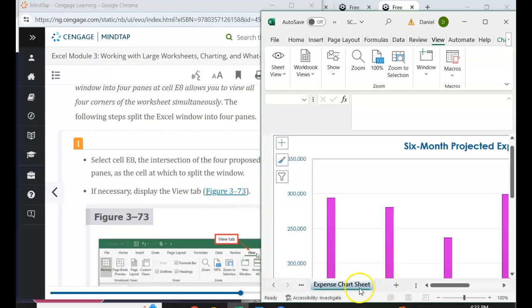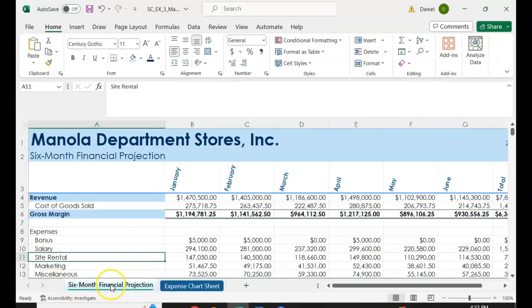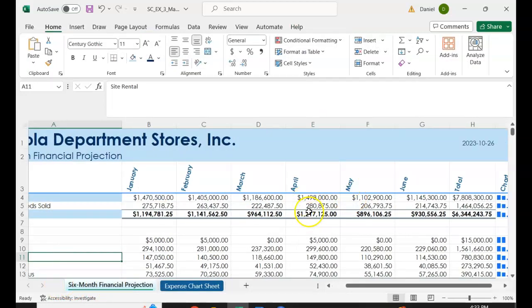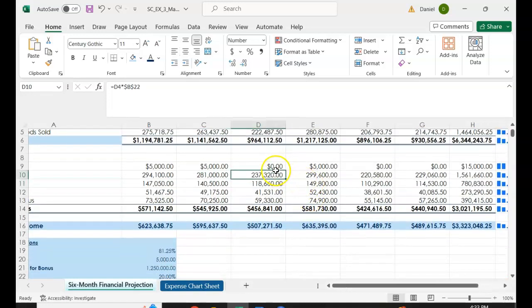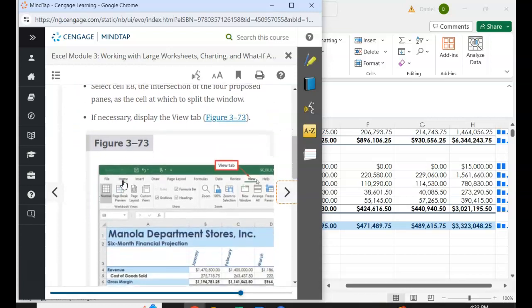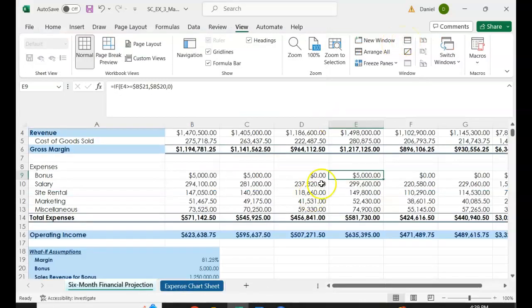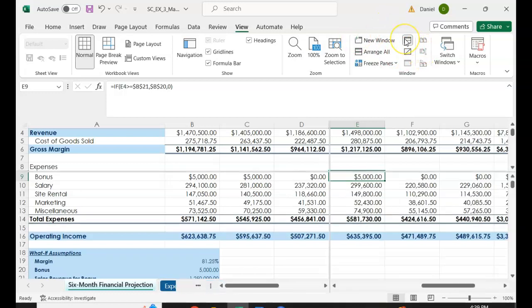and let me go to the other worksheet. So if you select E8, that is the intersection of the four proposed panes, and if necessary, display the View tab. So I'm going to click off of it. If you click on this and then you click Split, it's going to split the panes,